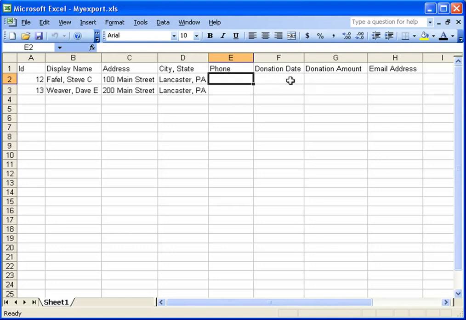Perhaps I had a bunch of people working and not everyone could use Giftworks. I could simply give them an Excel spreadsheet with this information, allow them to go in, and I'm just going to enter some basic phone number information, put a donation date, 11/1/09, an amount of $100, and an email address, steve@mr.com,